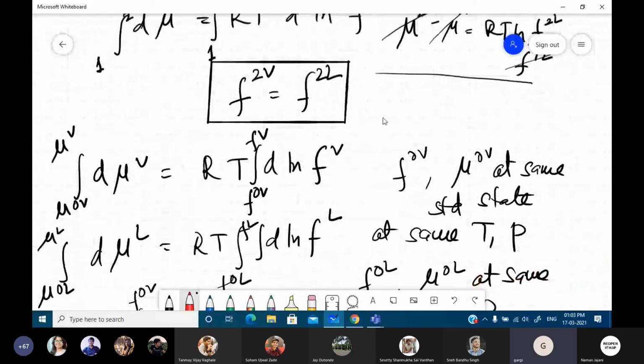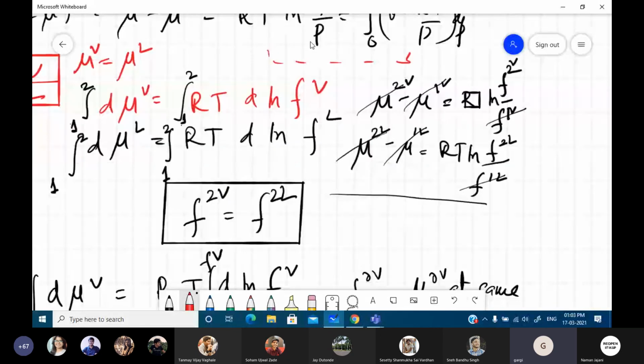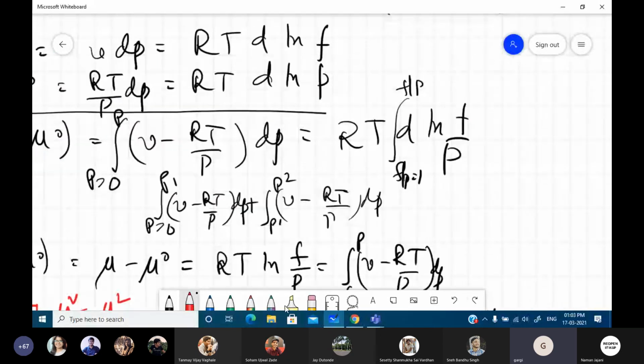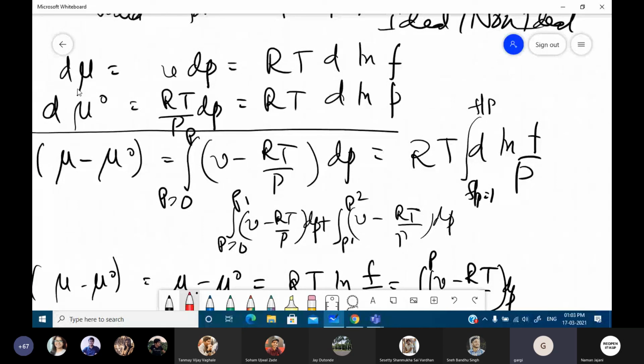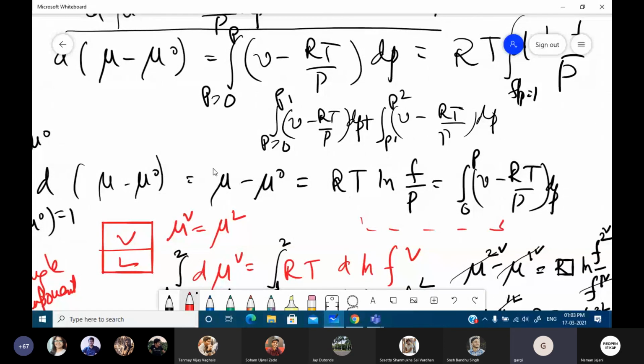The basic defining equation for fugacity is nothing but this particular equation. So the relationship between mu and f is always in this form, and no matter whatever be the limits here, if we go from the same state to the same state, this equation is going to relate us. So the point is that when you try to find out fugacity, we use this part. When we try to find out some equilibrium considerations, we use this part of the equation.